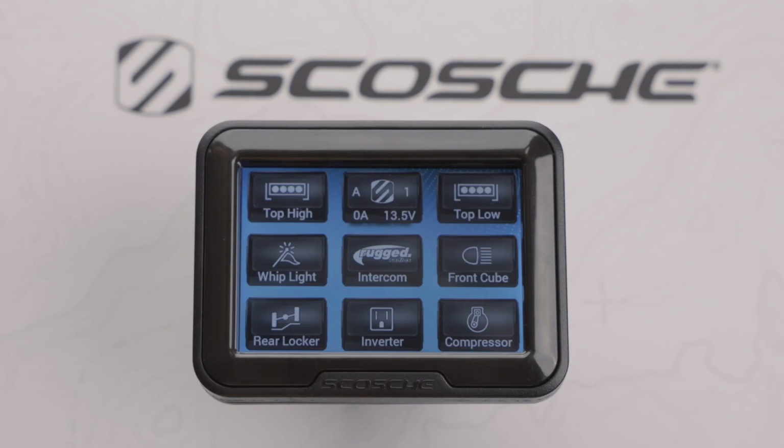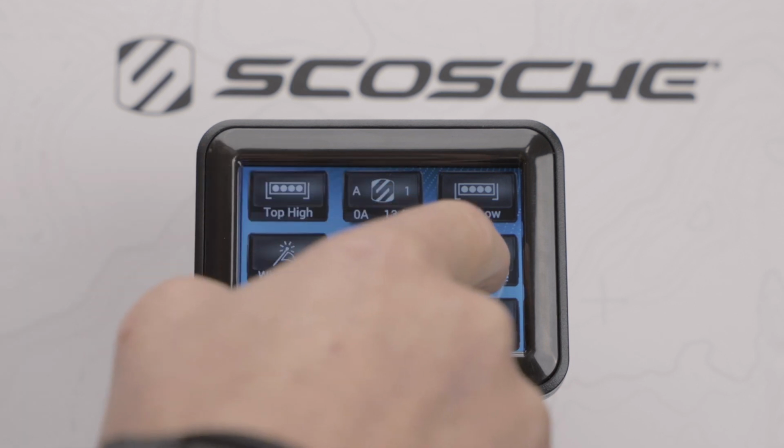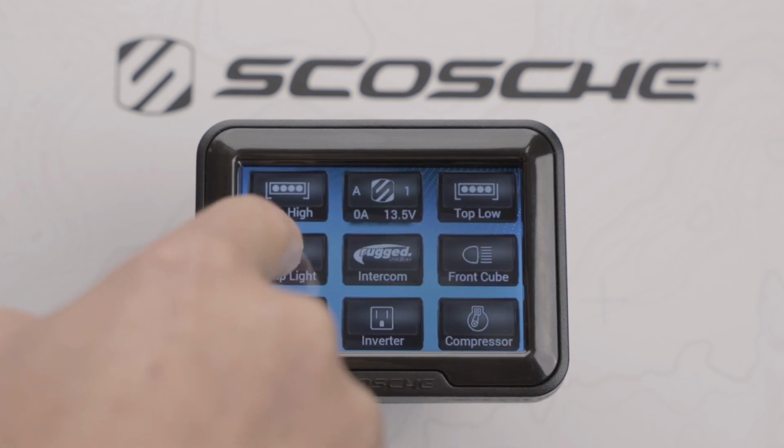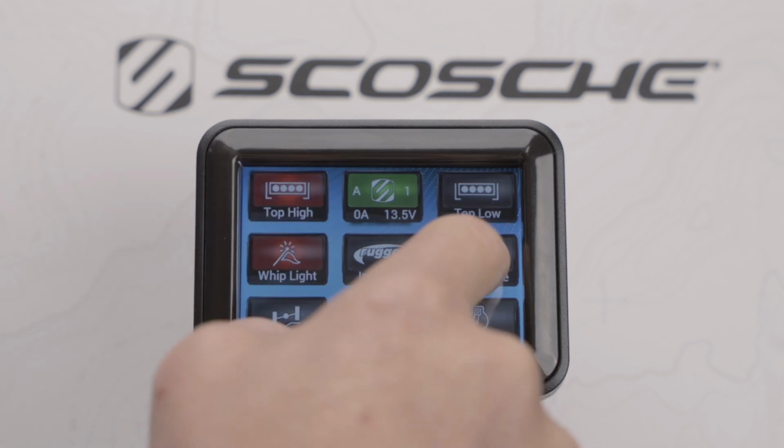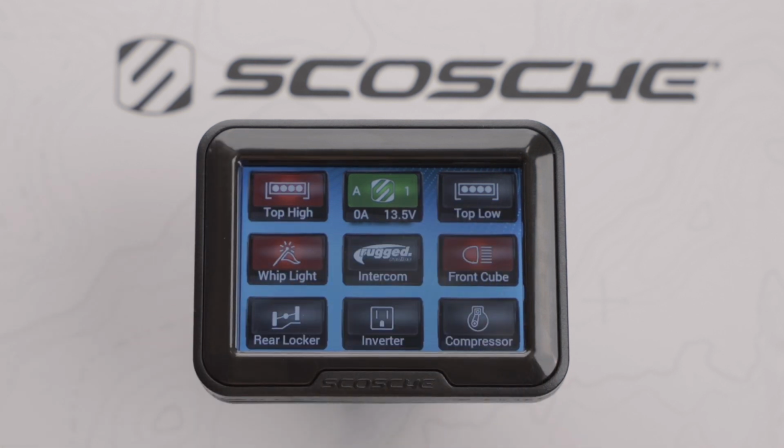Creating dependencies gives you the ability to create channel rules. Mode will create a block rule or a force rule. To create a block rule, say for example, you do not want to be able to turn on your top bar or front cube while on the highway. We are going to make the whip the blocking channel. This means that the top bar or front cube will not be able to be turned on while the whip